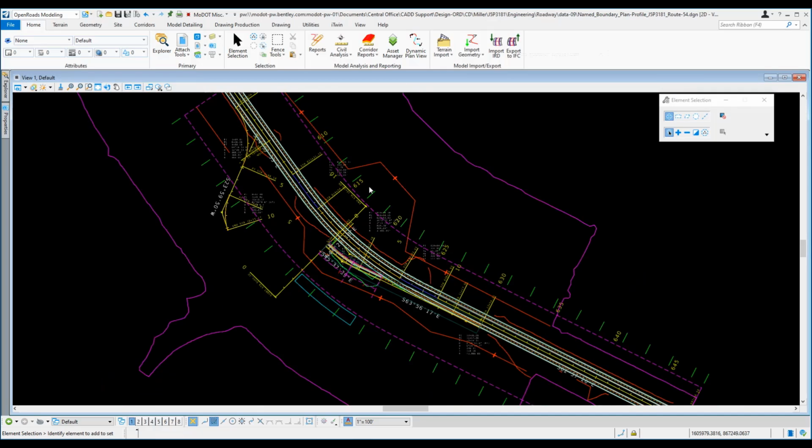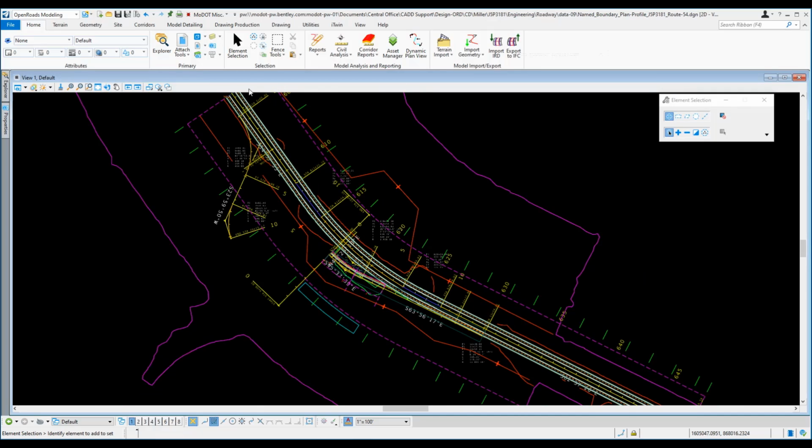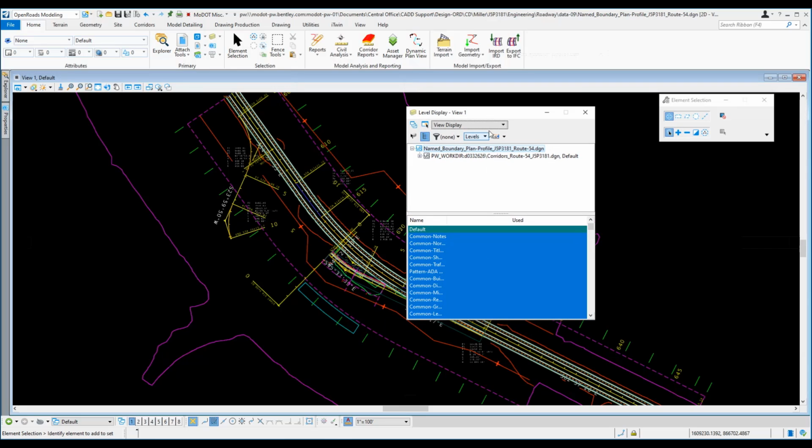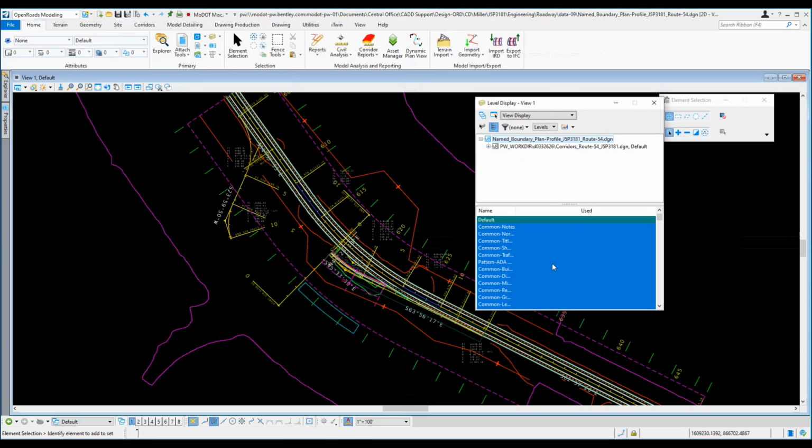Another important thing that you might want to do, and it's totally optional, it's up to you, is turn on and off levels. If you don't turn them on and off, you'll have to go in and turn them off in the cut sheets. So I'm going to do it now. I'll do the level display tool up here in the primary. I'll hit the little level display. Of course, I went to the other screen. And then I will just simply go over to this blue area, right click, and do an off by element,